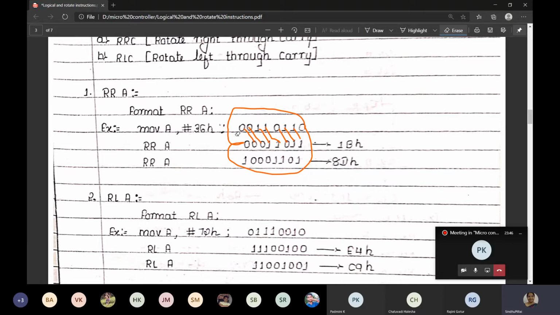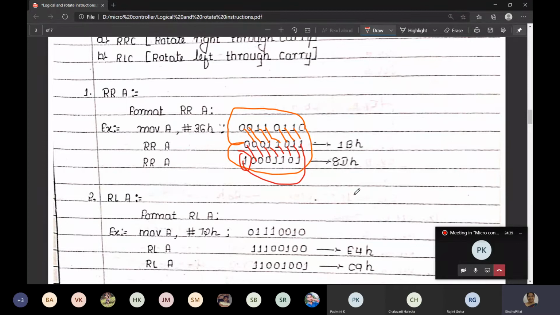Next, once again if you want to rotate, whatever is at the LSB should move to the MSB in a rotate right. So the bits will be shifted right, and the one that was at the LSB comes to the MSB.